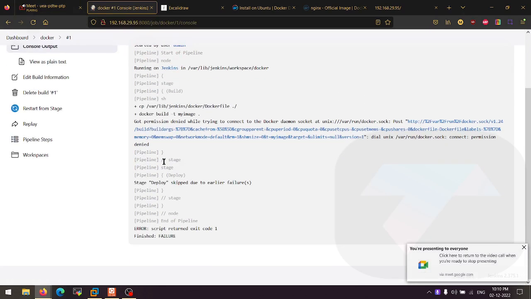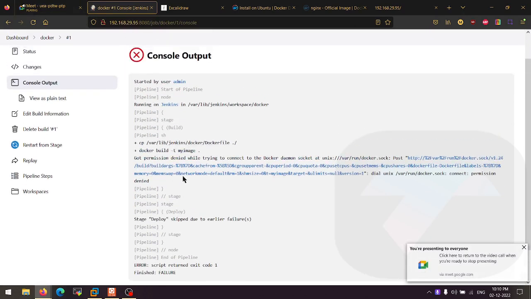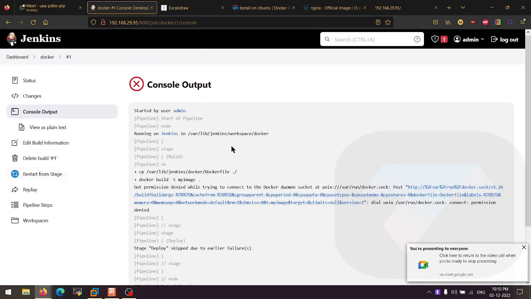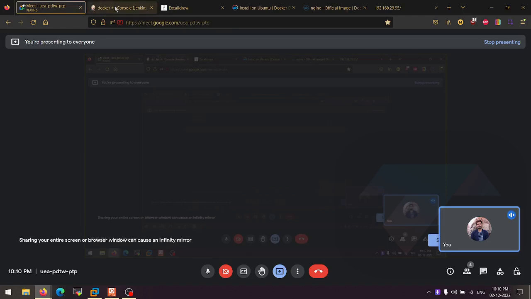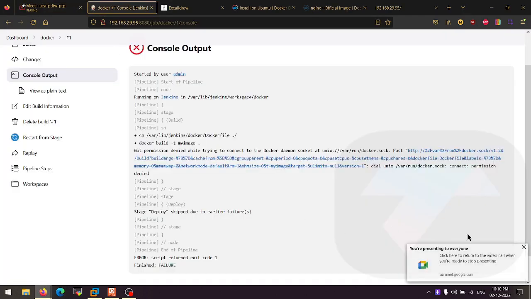And as you can see, there was some failure from the build and it says permission denied. Okay. So yeah, we were not able to see the error. Yeah, recording is resumed. Okay. You guys can hear me properly, right? And screen is also visible, right? Hello. Yes, we can see your screen.